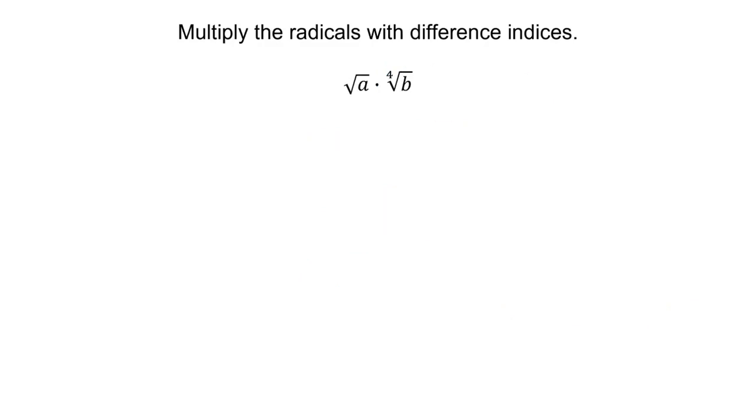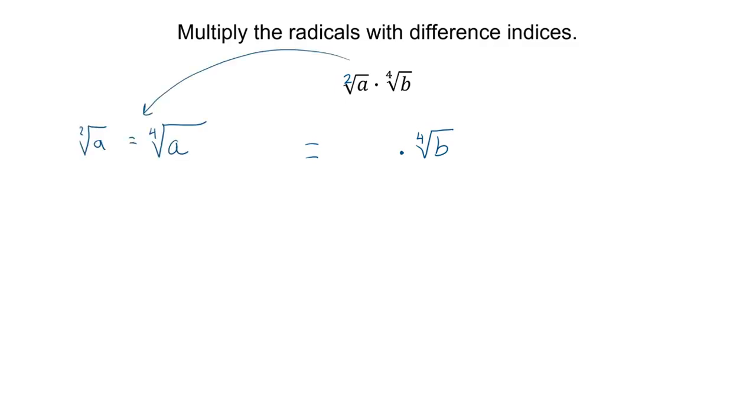All right, one last example. Let's multiply the square root of a times the fourth root of b. Again, I notice that I have different indexes. I need them to be the same. What's the least common denominator between 2 and 4? Well, obviously that's 4. So we want to rewrite the square root of a as a fourth root of something. Now we won't have to change the fourth root of b because it already has the index that we want it to have. But we do need to manipulate the square root of a so that it has an index